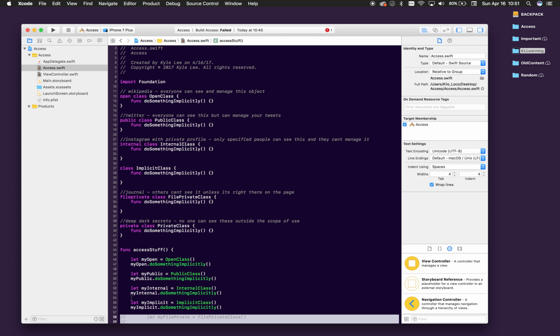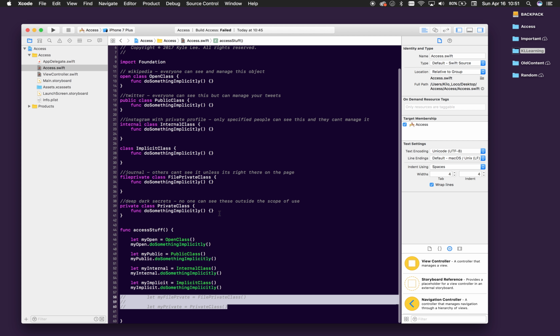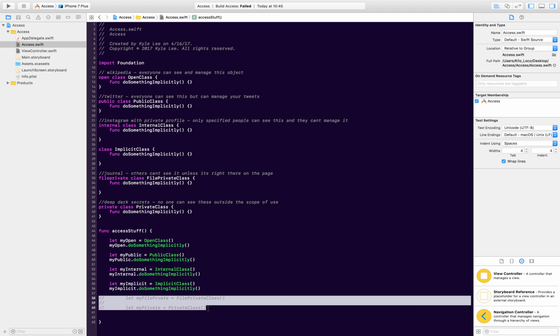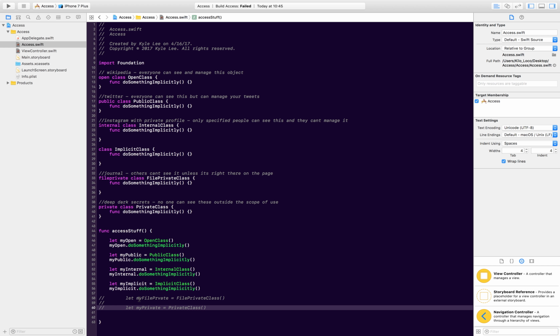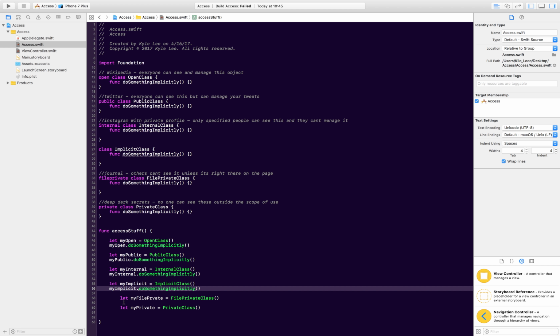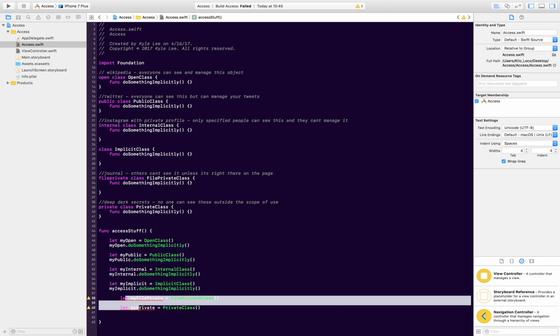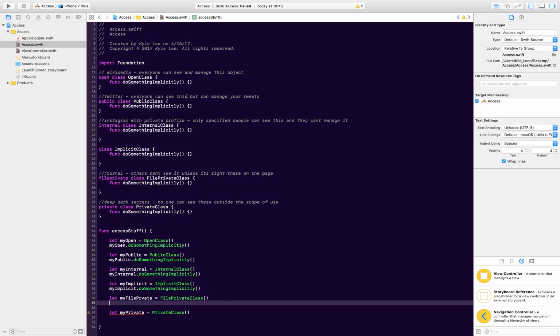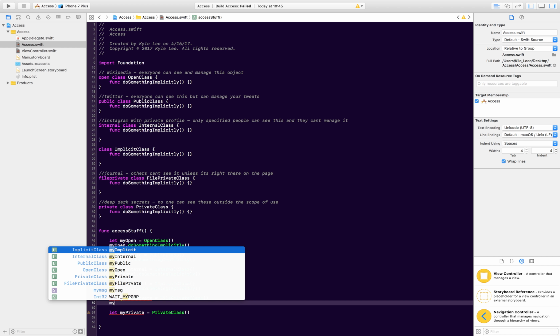What is going on with Xcode? Hold on. It does not like this. All right, we'll scooch those over and we'll uncomment them. And we'll scooch them over again. Alright, notice now we can actually use these. The reason for that is because we're on the same file and it can see them right here. So it knows that they're in the same file, on the same page, and we can actually do stuff with it. So now if I do my file private,